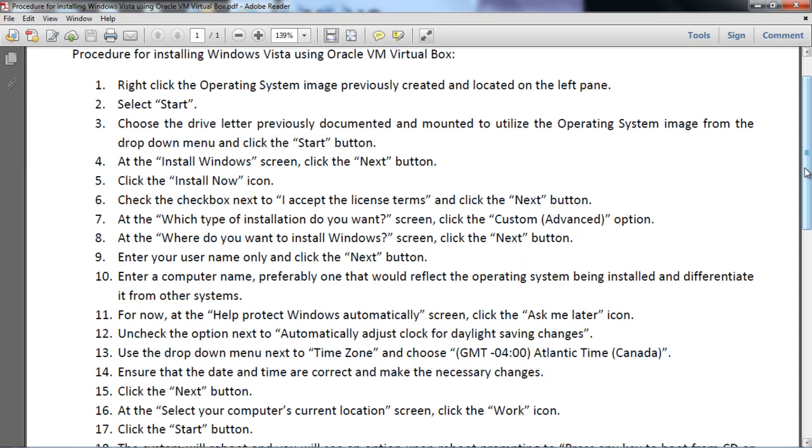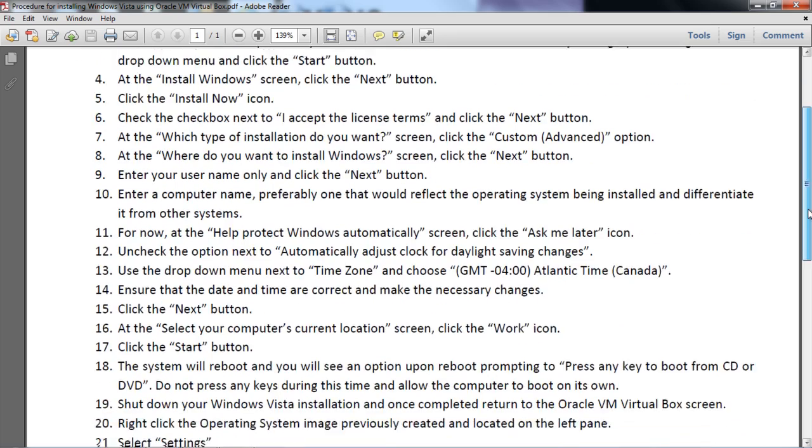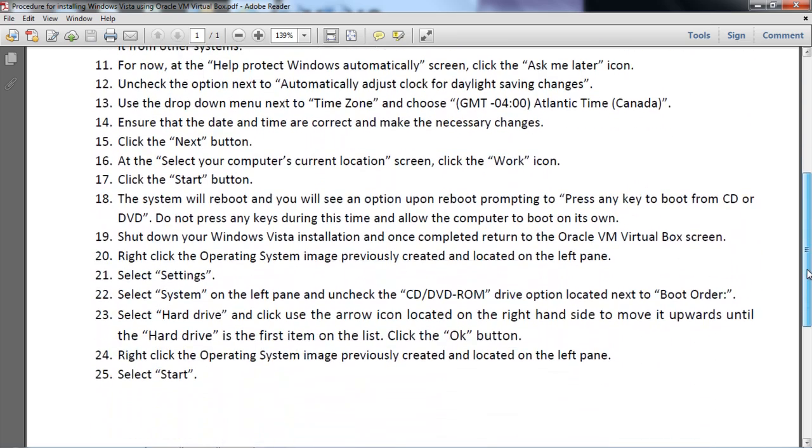At the end of my videos, I like to display a manual outlining the steps shown in the video. That is, for those of us who wish to pause this video and document the steps. I shall now scroll through this manual. You can feel free at any point to pause this video